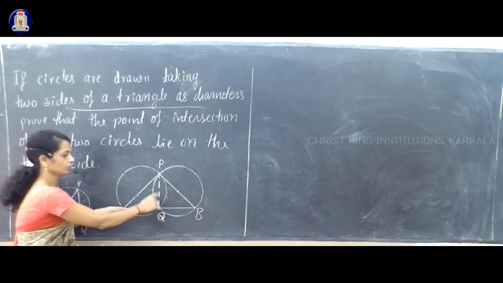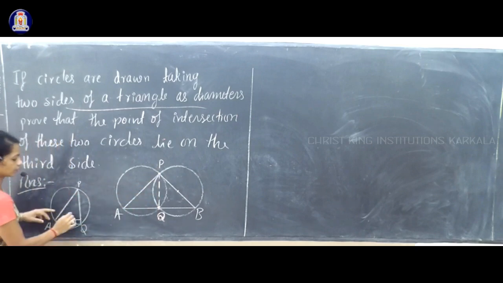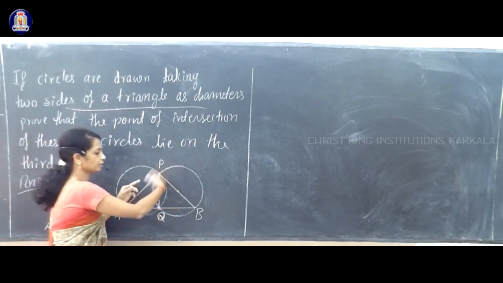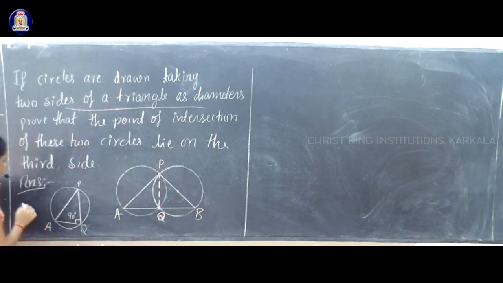Angle Q is the angle in the semicircle, so this is how many degrees? 90 degrees. The same you have to observe in the other circle also. I draw here a part of that figure. This is PB, the diameter PB, and this is PQ. This is a rough diagram; the exact figure you have in the main figure.